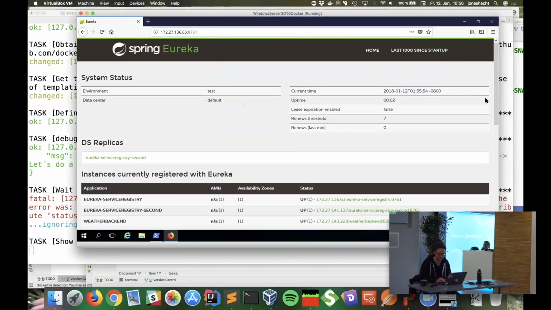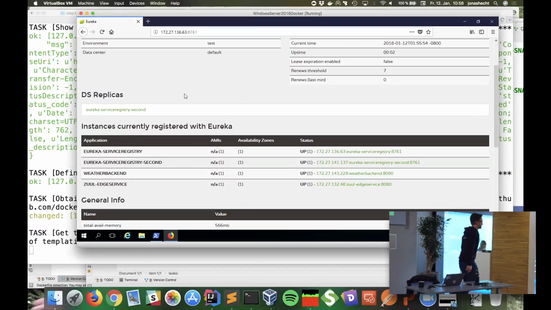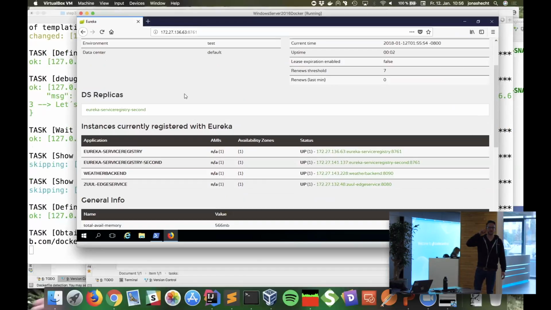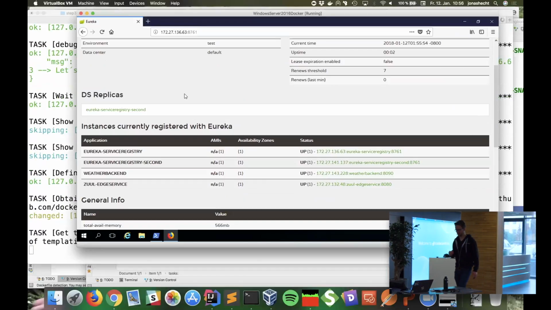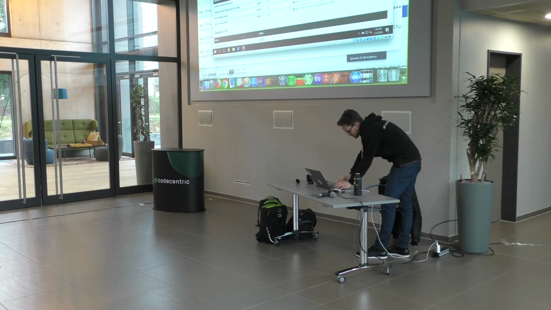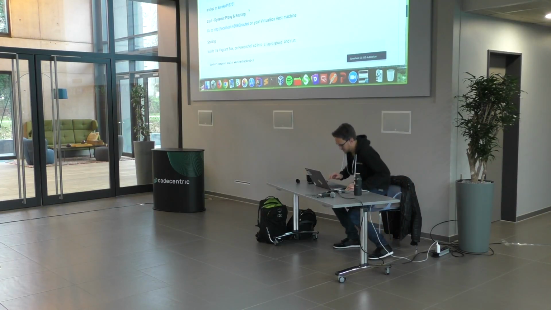There it is. So there are services registered to Eureka, and I think the health checks for Ansible should now be fine. And let's see what we should check now.